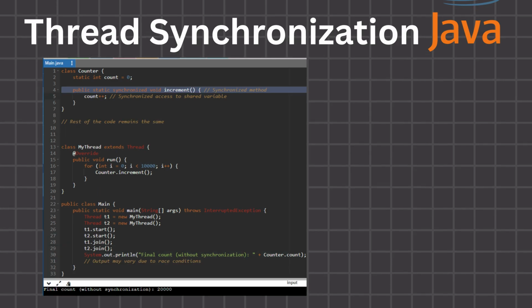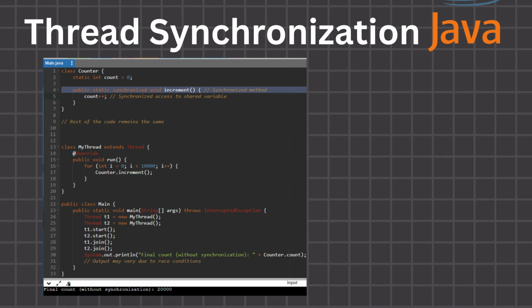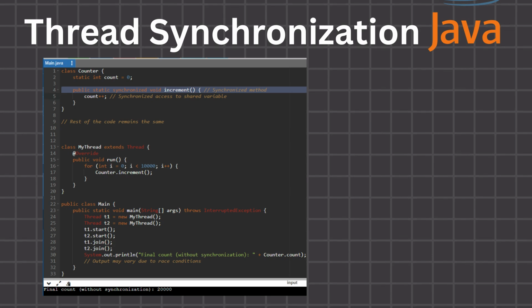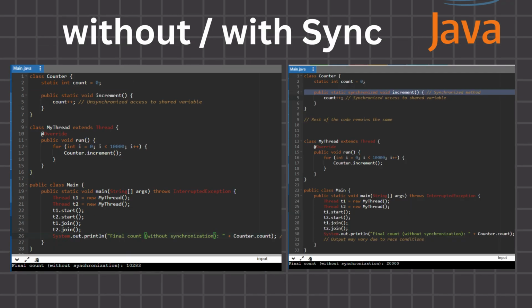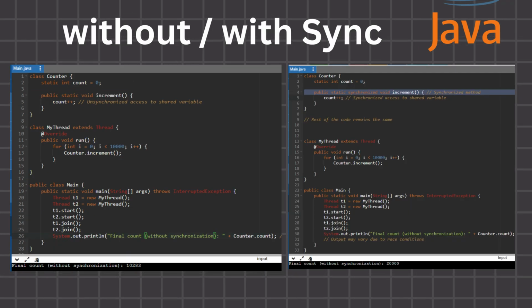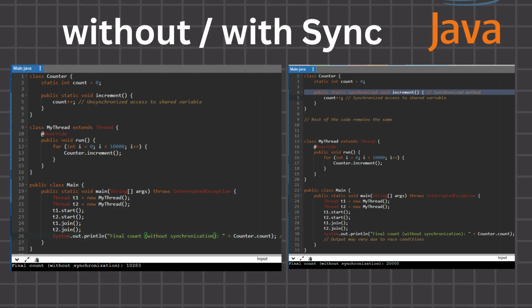By adding the synchronized keyword to the increment method, we can ensure that only one thread can access the method at a time, preventing race conditions and ensuring that the shared variable count is updated consistently. In our examples, we saw how using synchronization prevented race conditions and produced predictable results, while not using synchronization led